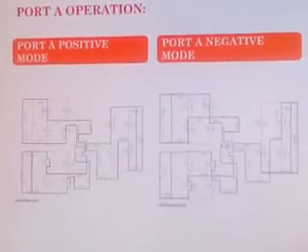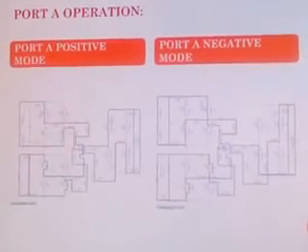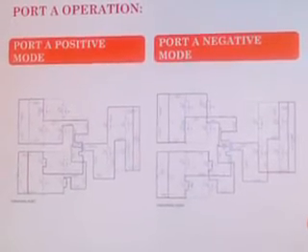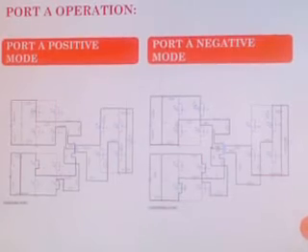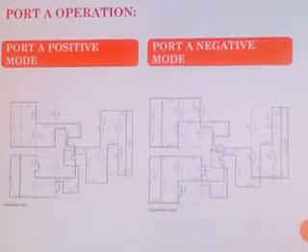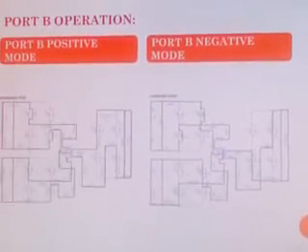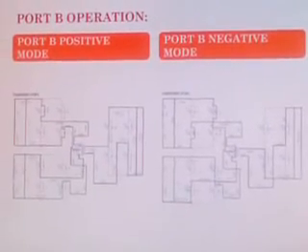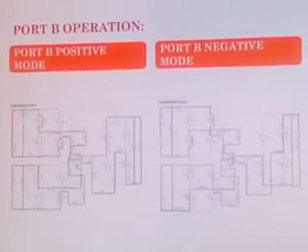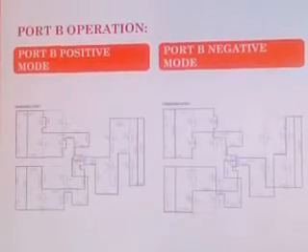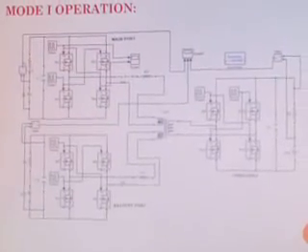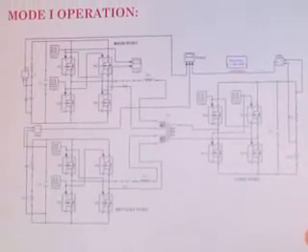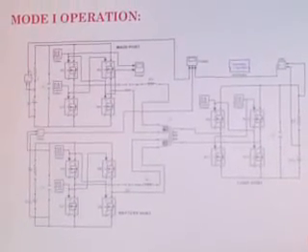Here for port A there are 2 modes, one is positive and the other negative. In positive mode, thyristors 1 and 4 will be conducting, and in negative mode 2 and 3 will be conducting. The same goes for port B operation, where in case of the battery port, 1 and 4 will be conducting, and in negative mode 2 and 3 will be conducting. This is nothing but the mode of operation of port A, positive and negative, with the help of a simulation